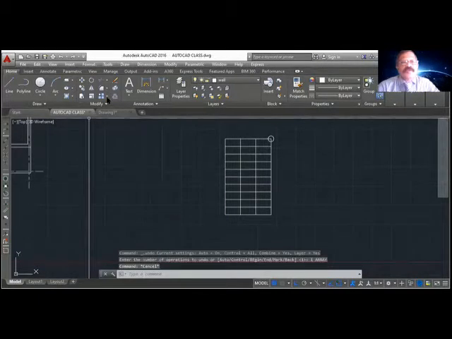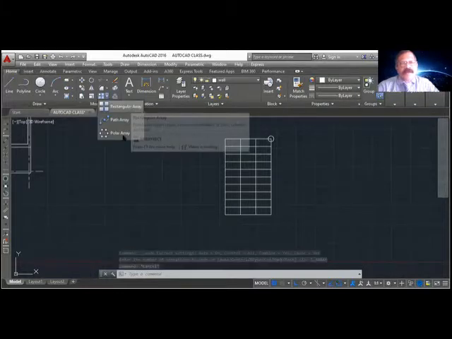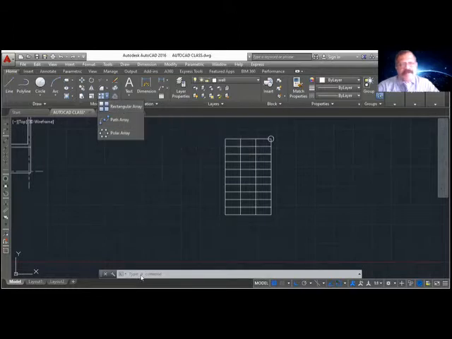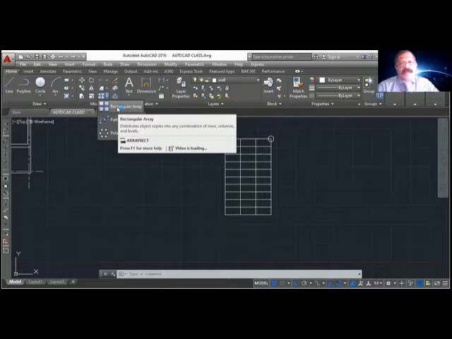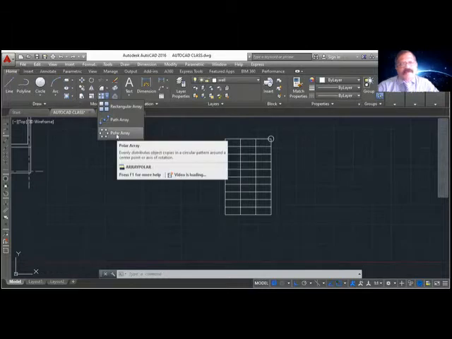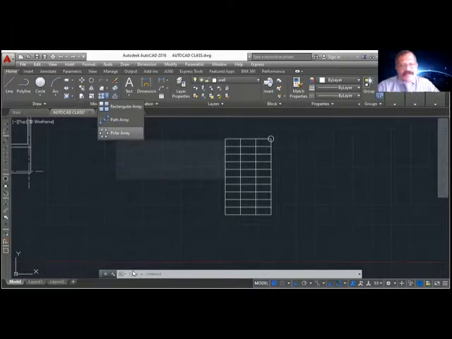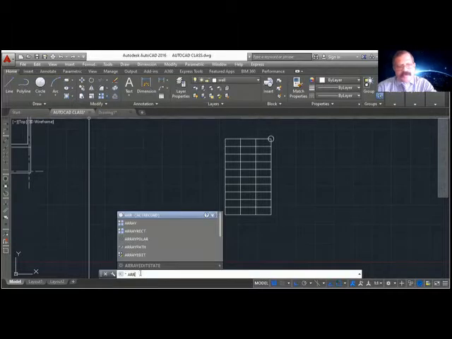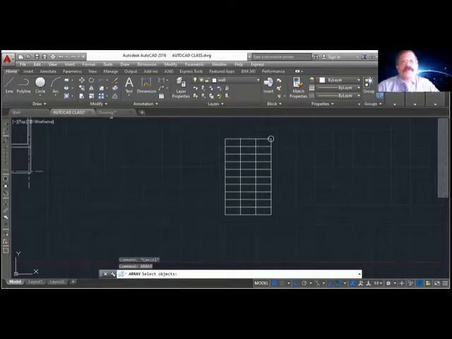Last time I mentioned rectangular array, path array, polar array. But when you click this one, the command it will type is short for this. You see, rectangular array, RECT. Rectangular, path, polar, like that it will type. You can get all the things from here, the array command. One command you can get all the things. So it is better to use this command. It is left to you. Same thing you can get from here also.